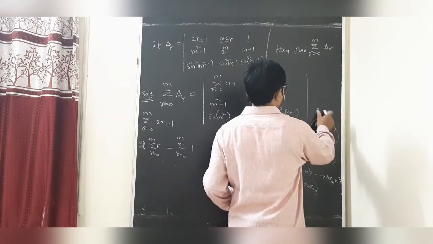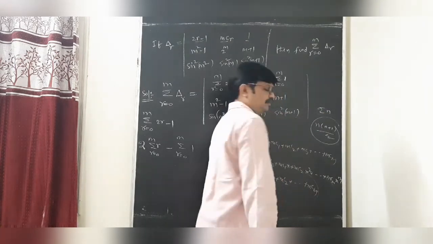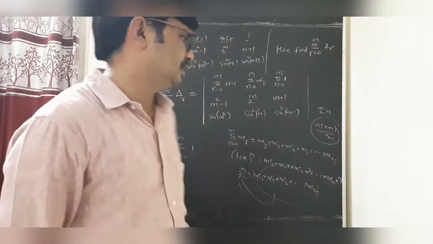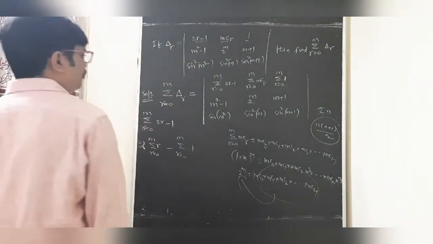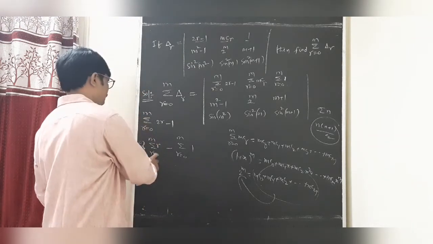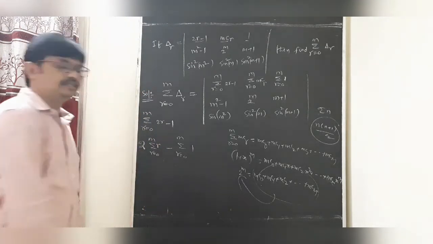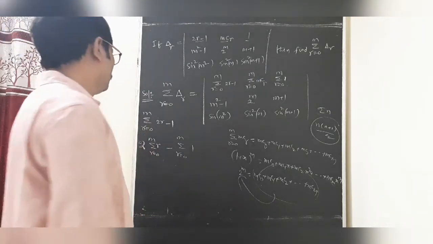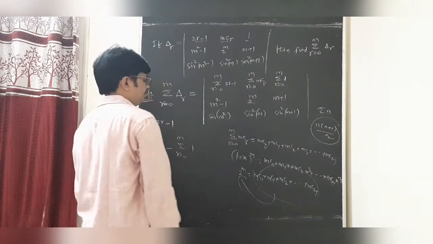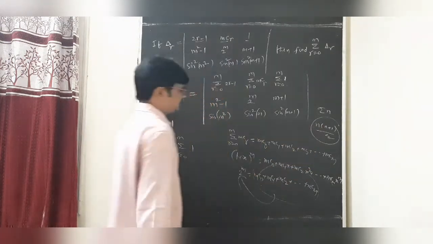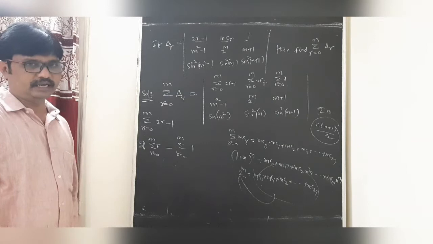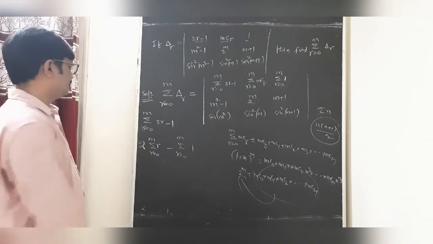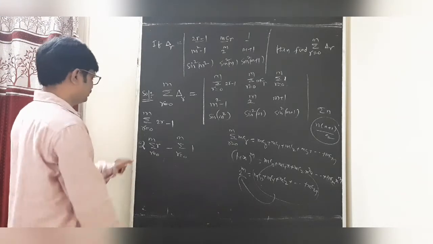Is it clear or not students? Sigma n means everybody knows that sigma n means 1 plus 2 plus 3 and so on up to n. Dear students, here how many terms are there? Sigma r equal to 0 to m. Undoubtedly students, m plus 1 terms are there. We can write it as m plus 1 into m plus 2. What is it, students? m plus 1 into m plus 2. Undoubtedly students, how to write this?